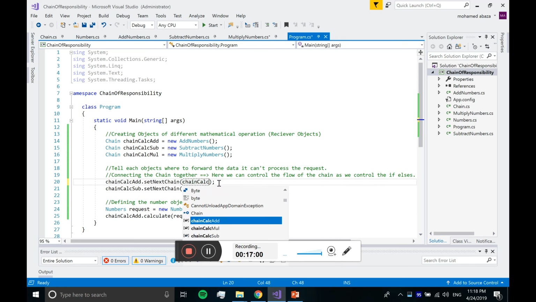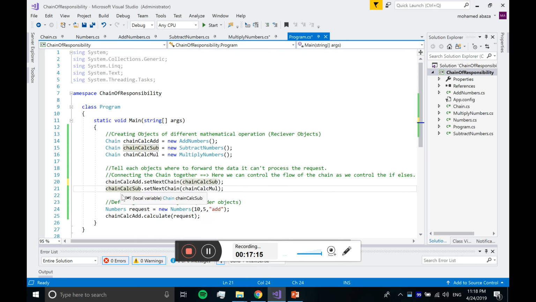Of course I might have said the mul, but let's suppose my business said that the next receiver should be the subtraction stage. And then again I'm setting that after the subtraction, if it fails, it should go to the next chain, which is multiplication. Okay, and here in the last thing, I'm just defining the numbers, the object, which is the sender object,